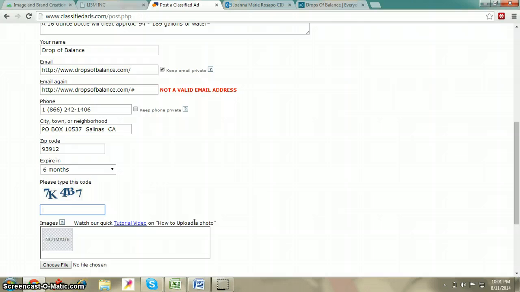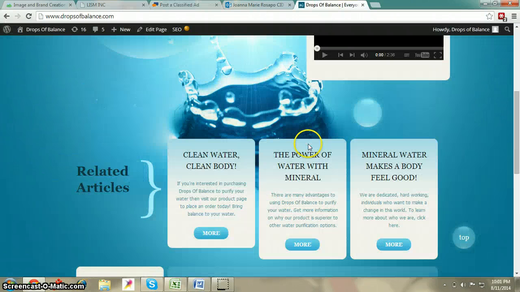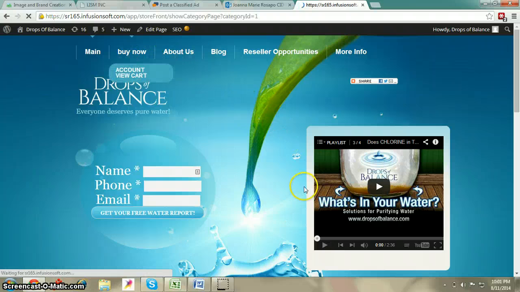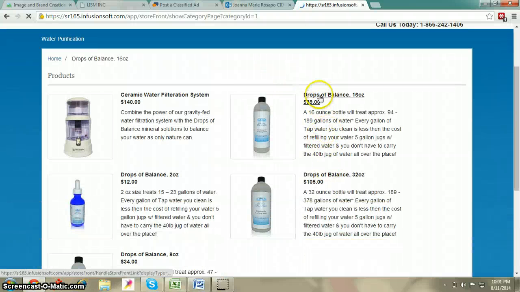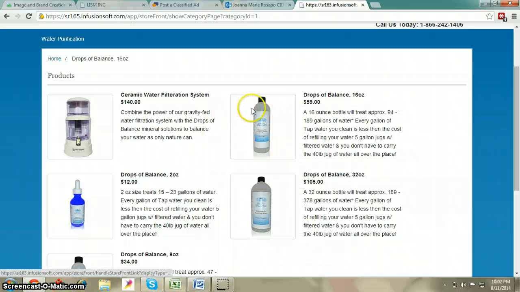Take note of the big and the small letters, so that you avoid mistakes. For the image, just save the image of the items you're selling so that it will be more attractive to people, so that they can see the product itself.